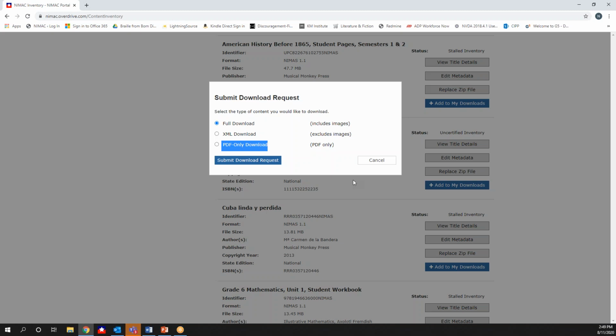It's offered in the NIMAC system just in case somebody wants to verify for sure, before they download the full file, that that is actually the textbook that they want, that that's the one that they need, that the student is using in the classroom. So,